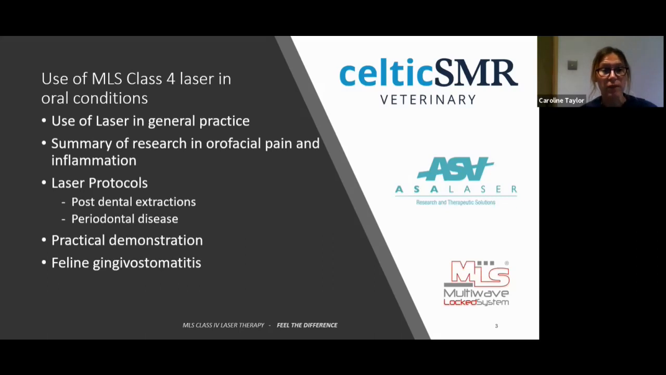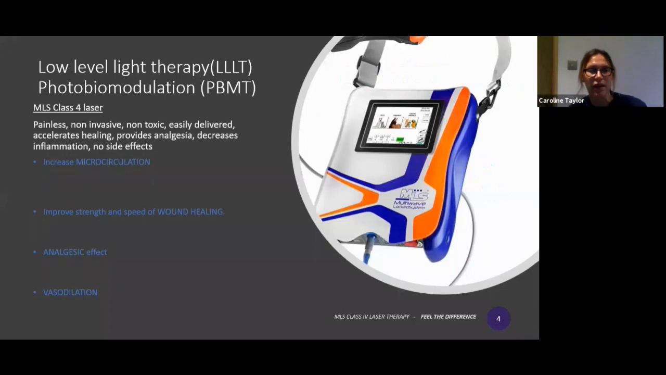And then I've got some information on feline gingivostomatitis, and there's a recent published study that has been done using the MLS laser. So I'll go into a little bit more detail about that, and then there's a little bit on treating potentially malignant tissue as well, which we'll discuss there. So